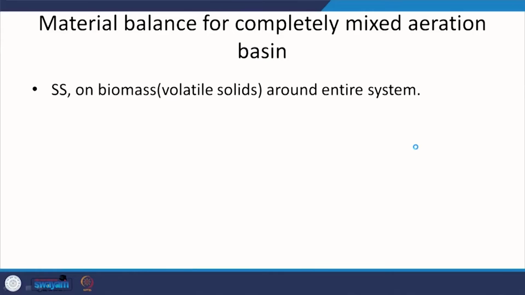Okay. So, as I mentioned, we are going to look at material balance. Before I look at material balance, let us understand the system. We have this water coming in, water going out, and this is the symbol that I am going to use for mixing while providing oxygen, and then I am going to have this recycle out here, right, recycle, and wastage, and the treated water will go out through here, right. So, here if I look at this particular system,